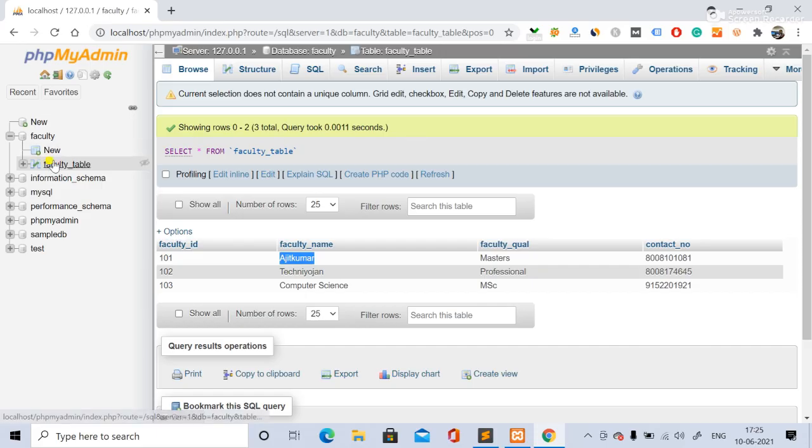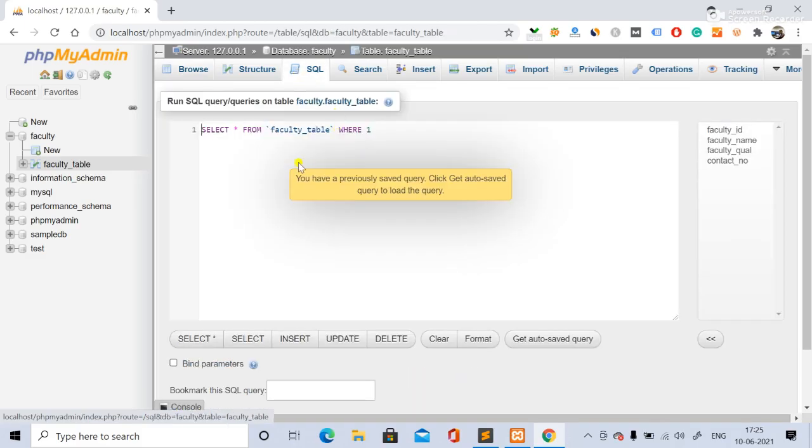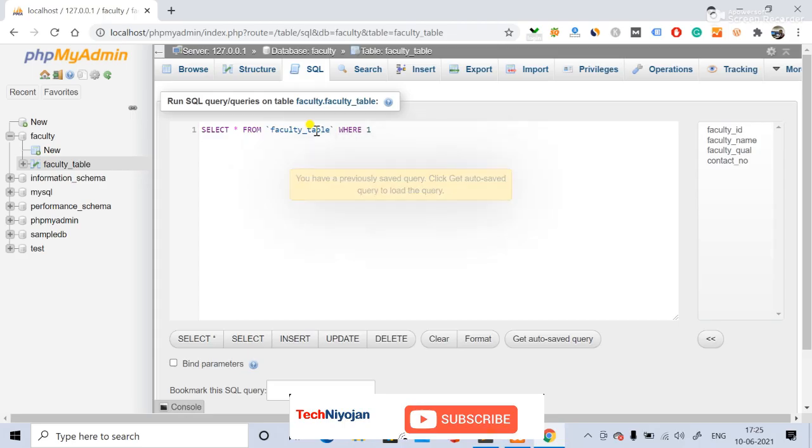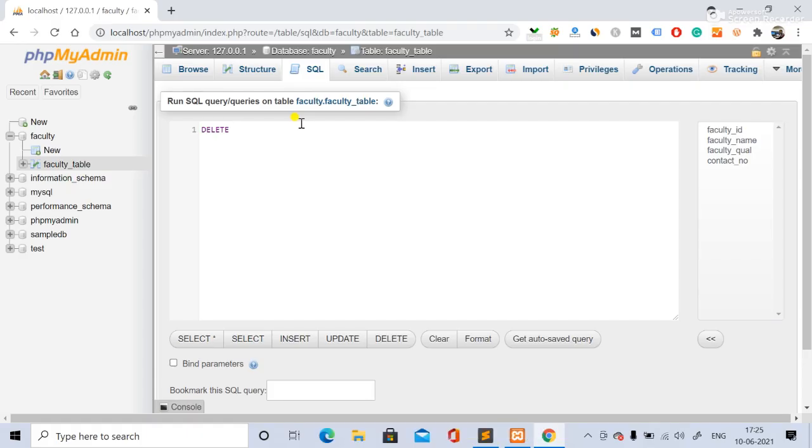Now the last one we'll do, that is the delete query. So in the delete query, we will take the delete query, delete. If you want to delete the whole table, the whole table will be deleted. And if you want to delete the whole database, then also it is possible.